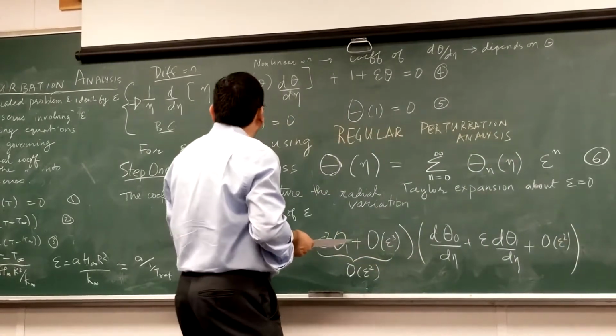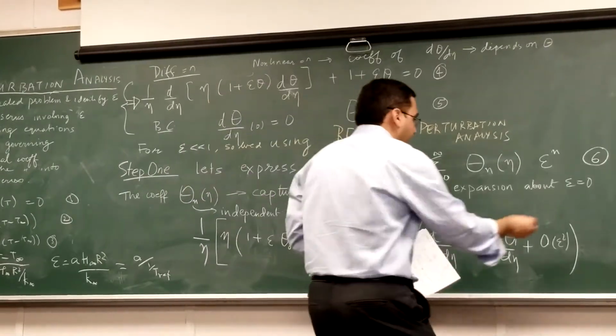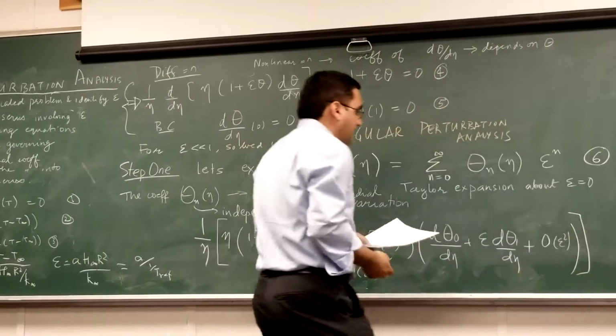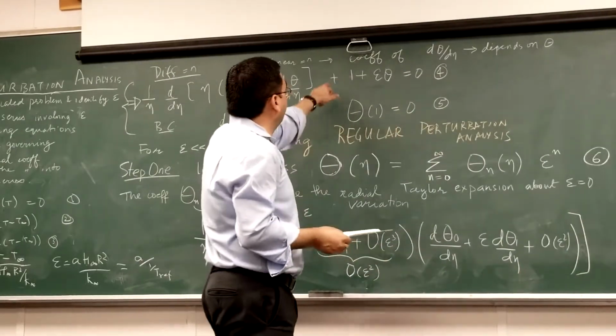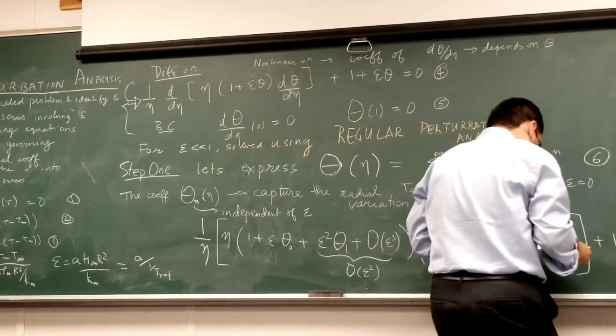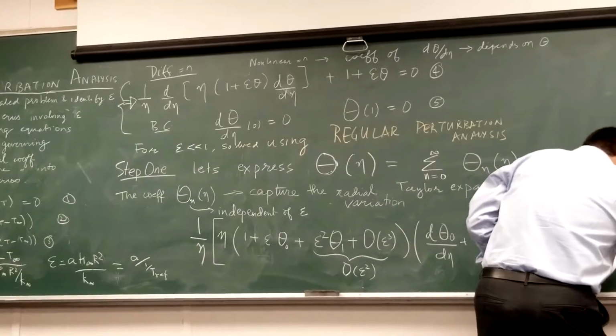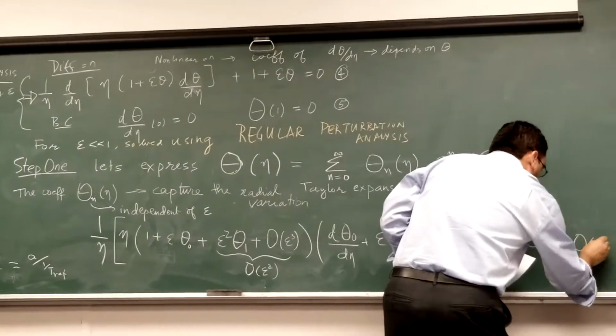So far I have this term, this term, this term. So I should close this, and then I have the rest of it, which is 1 plus epsilon theta naught plus order